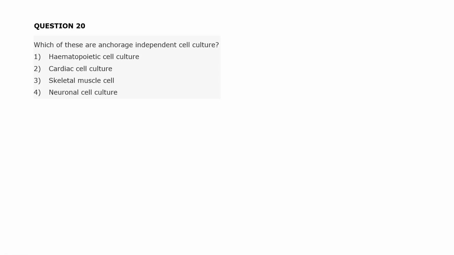Okay, option number 1, hematopoietic cell culture. You know the basics, right? Hematopoietic cell culture is related to blood, blood generation, and these are cells that give rise to other blood cells. It is present within our blood in suspension. It doesn't attach to other cells, so it does not require any extracellular matrix for attachment. It can grow in a cell suspension without any extracellular matrix you are providing. That's why it's called anchorage independent cell culture, because it doesn't require any extracellular matrix